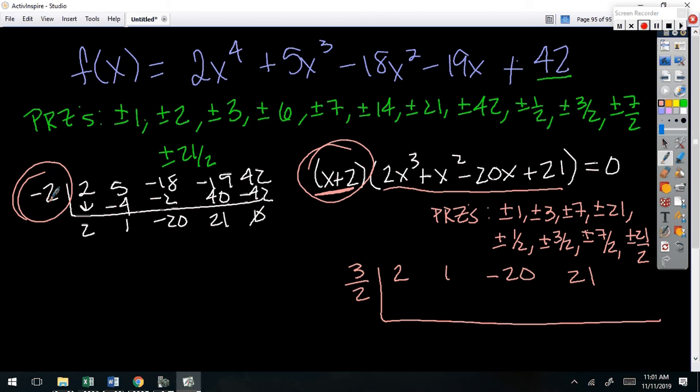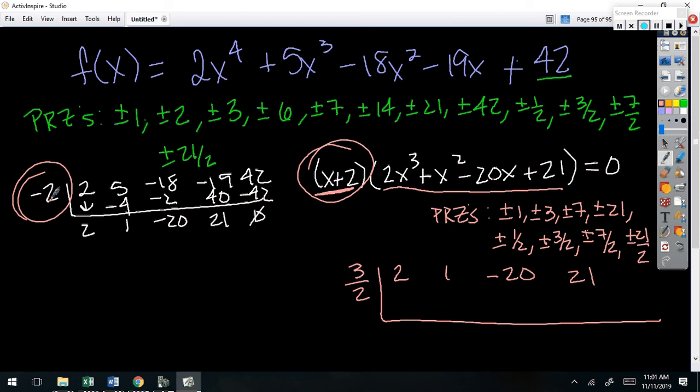The only reason why we knew that is Eliza graphed it. If she hadn't graphed it and I didn't have a calculator, I would start plugging in 1, then negative 1, then 3, then negative 3. I would anyway. Now, you might not. Maybe you just like to start with your fractions first. I don't because...